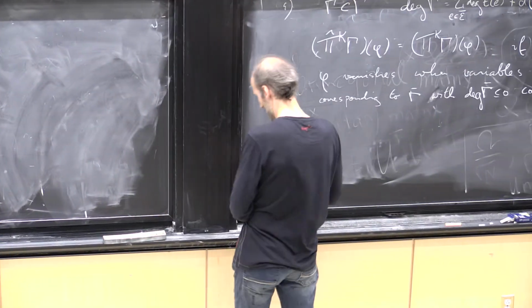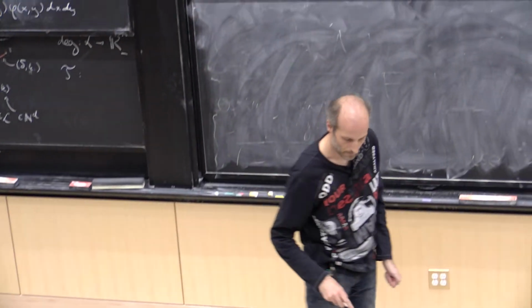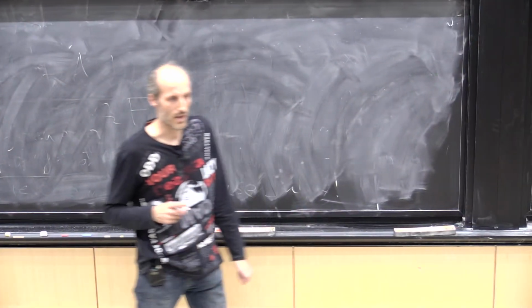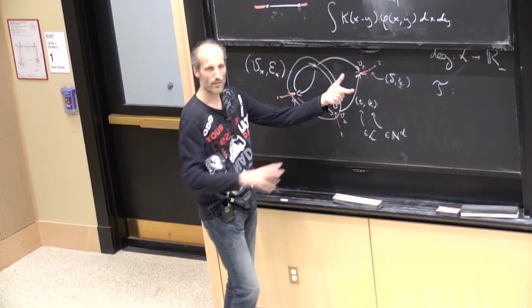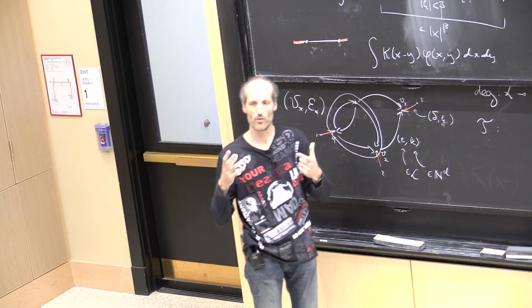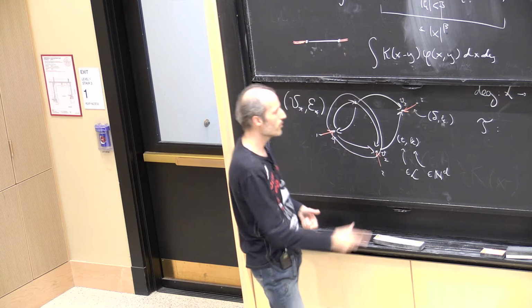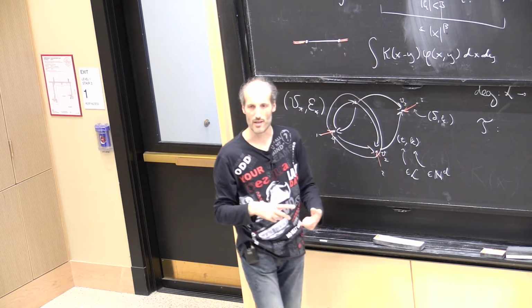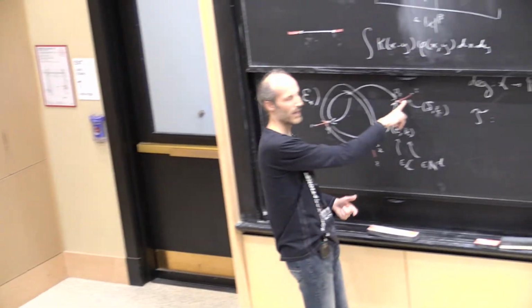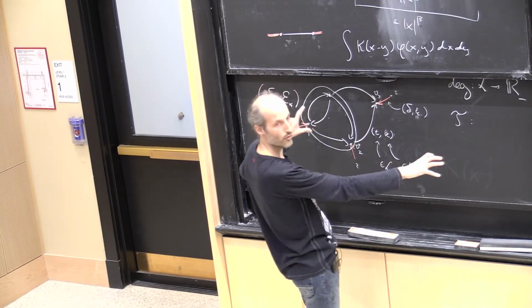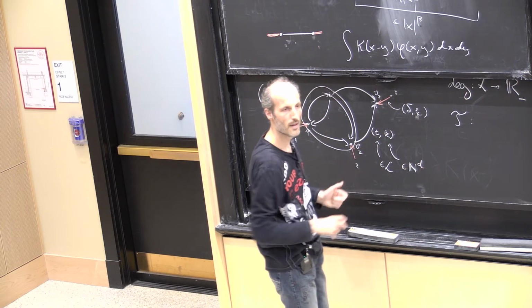Okay, so that's a natural condition. And then there's one more condition. You have another natural way of composing these things, which is that if you have two distributions, you can always convolve them. And that's still true if you have distributions in several arguments like this, in the sense that I can just pick one of the, if I have two distributions that correspond to two of these Feynman diagrams, okay, and then